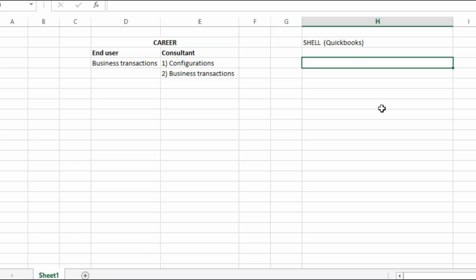Business requirement. Yes, what Shell is first going to do is approach a couple of SAP implementation partners, SAP implementation vendors. These are the companies who hold license to implement SAP.